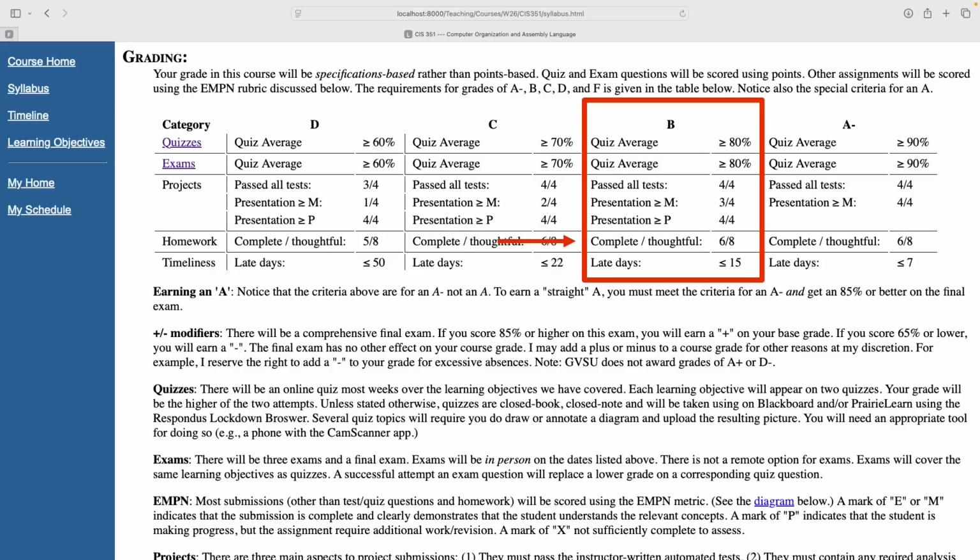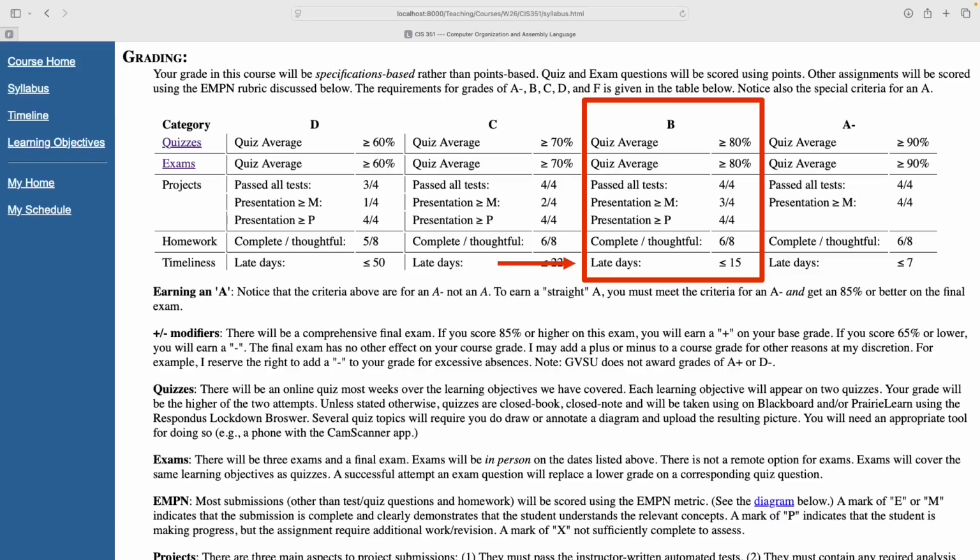There's one last row here, timeliness. This primarily applies to the projects. If your project doesn't meet expectations by the due date, you can still keep working to meet expectations. But you can't just put off all of those fixes until the end of the semester. So, to encourage you to remain engaged with the projects, I do keep track of how long it takes you to complete them, how long it takes you to get them to a meet expectations level. I don't want this to be a stressful, hard deadline, but having no penalty at all for lateness has caused